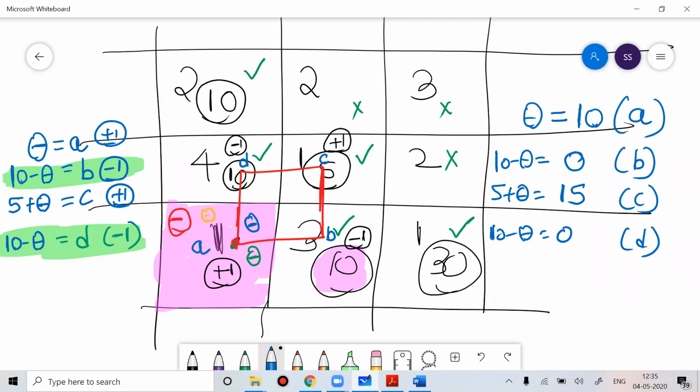Now what you have to do, you have to assign some value to the variable which is having the negative sign. The variable which has the negative sign is 1. So I have to assign some value to that. So I assigned a value called 10. Why did I assign a value called 10? Because out of all the negative values, 10 is the lowest value. So that work you have to do.